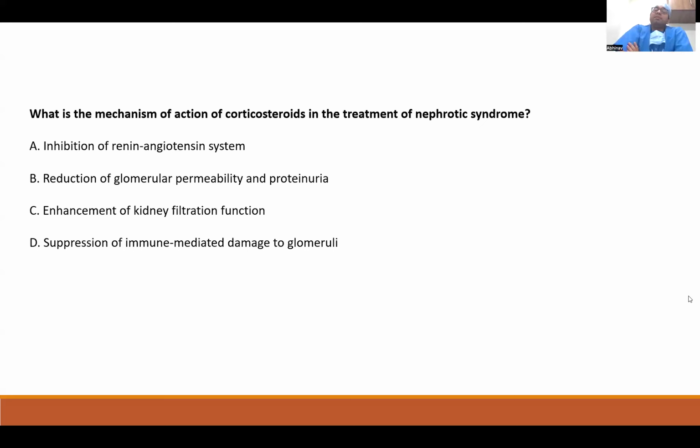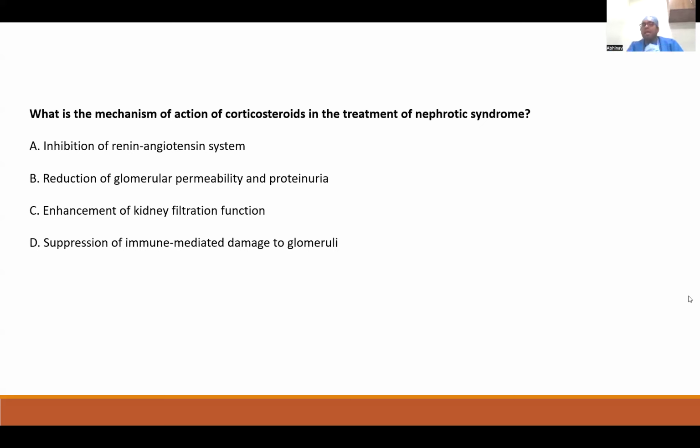So this is one of the recent questions which was asked, I think somewhere in the year 2021 or 2022. What is the mechanism of action of steroids in treatment of nephrotic syndrome? Inhibition of renin-angiotensin system, reduction of glomerular permeability and proteinuria, enhancement of kidney filtration function, and suppression of immune-mediated damage to glomeruli. So we saw in the pathophysiology slide